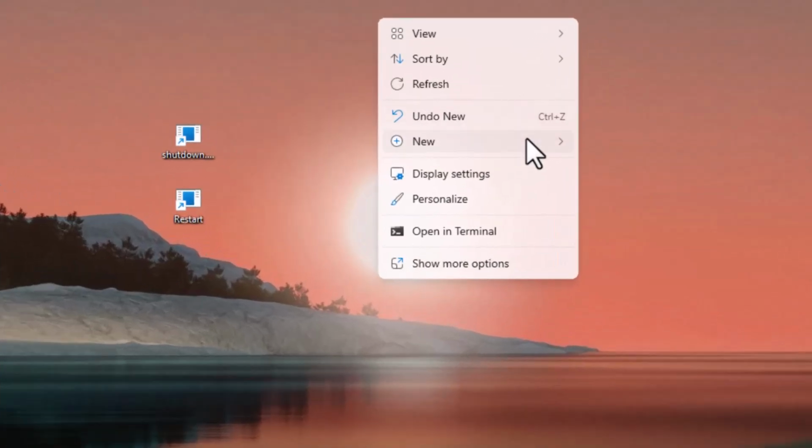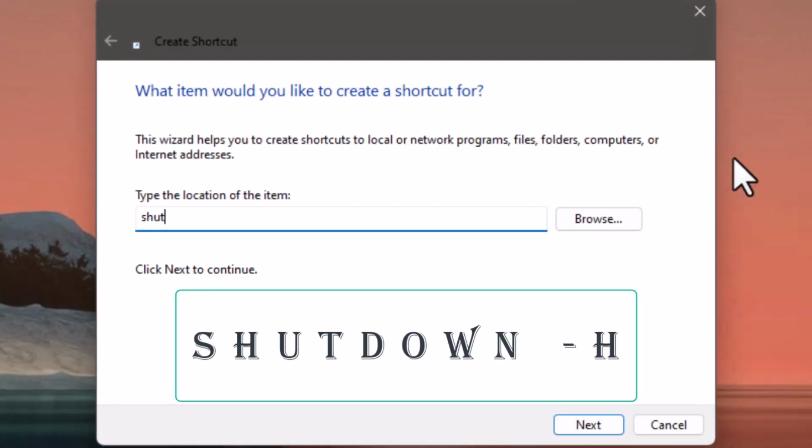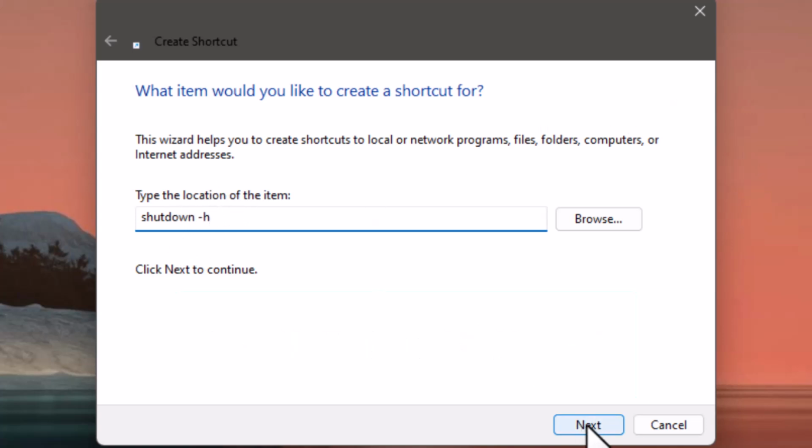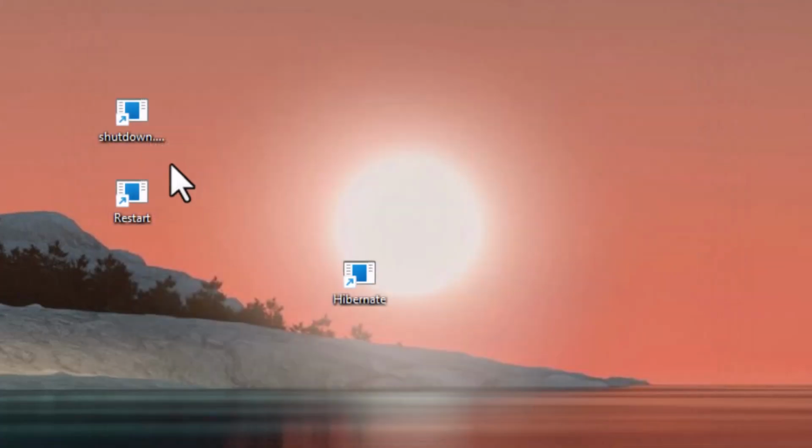So right click once again, go for New, and then Shortcut, and then you type the command shutdown space minus H. That H is responsible for hibernating your PC. So you click on Next, and then you give it a name, maybe hibernate, and then you click on Finish, and then you have all these three